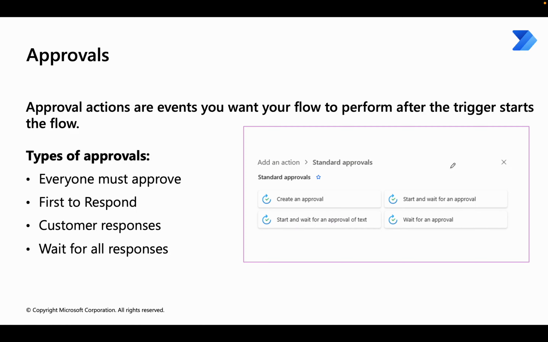There is a very commonly used flow called approval. So approval actions are some events your flow wants to perform after the trigger started. There are many types of approval actions. For example, you have